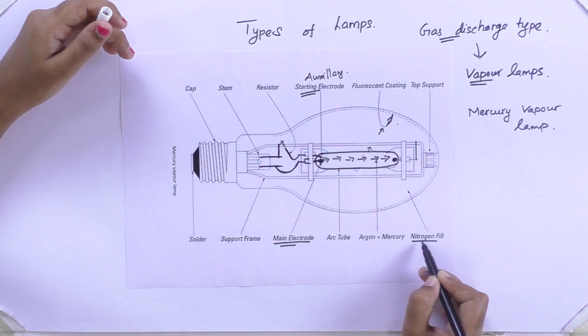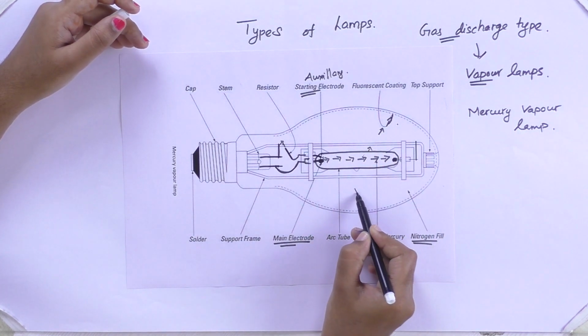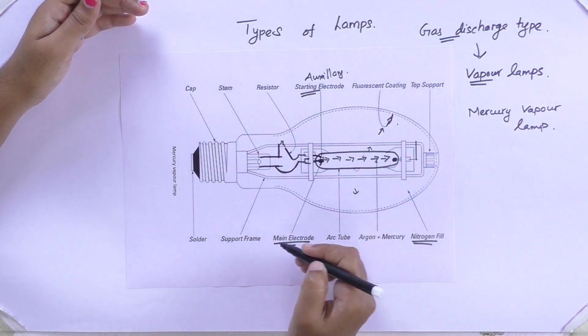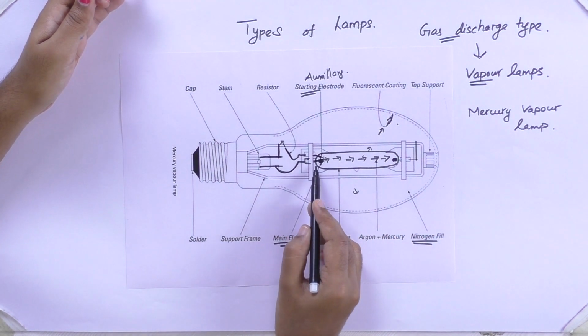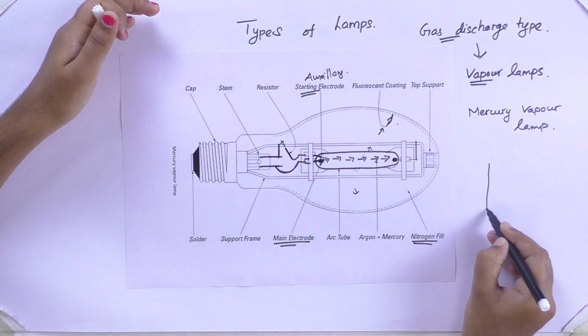Nitrogen will be filled on the outside of the tube. This is to enhance the thermal insulation of the material. Once we supply a current, until the mercury discharges, the tube will be consuming a current. So let us assume